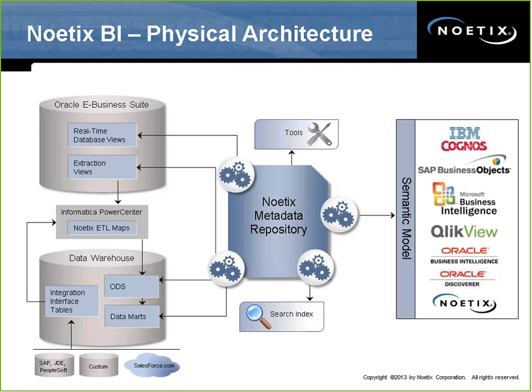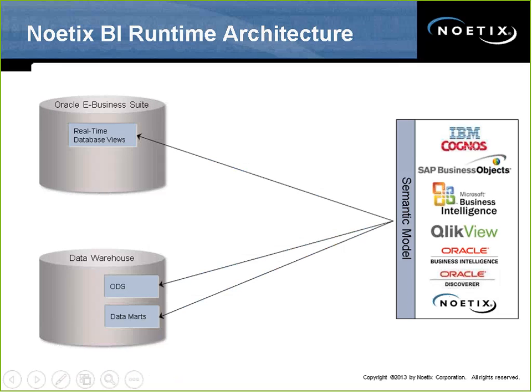Okay. Cool. So this is the architecture that's in place when you're instantiating all of your reporting objects and the semantic layer. And then of course at runtime, the tools are accessing the objects that we've generated in the transaction system for real-time reporting, and they're accessing the objects that we've generated and populated in the warehouse for more of the